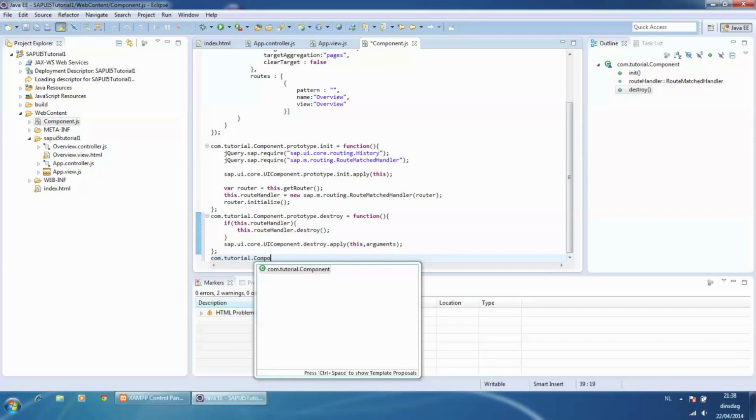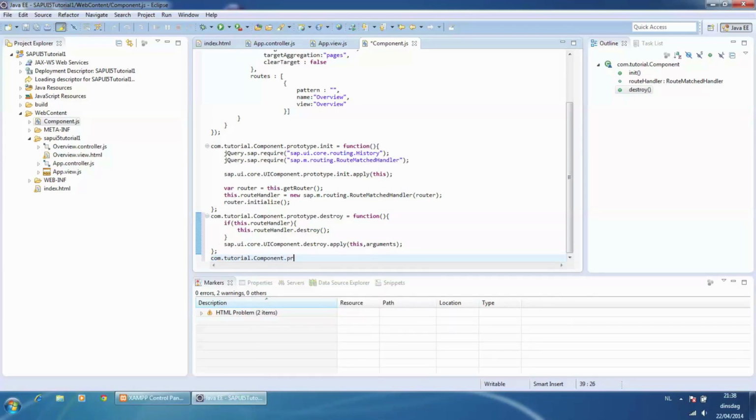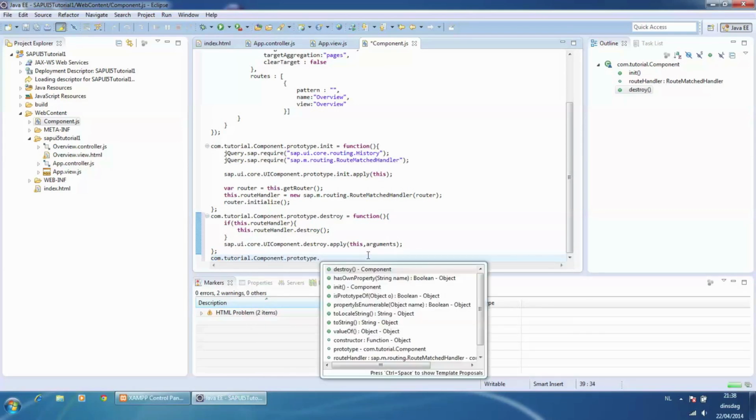Create the createContent method. Here I initialize the app view which contains the nav container.